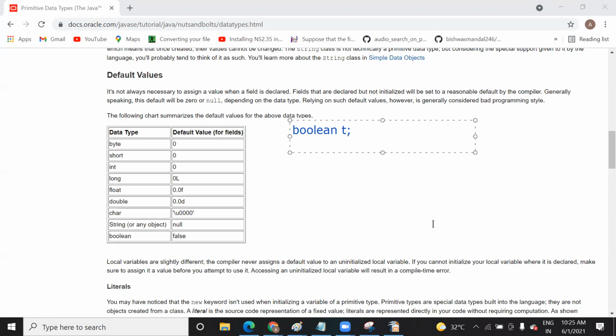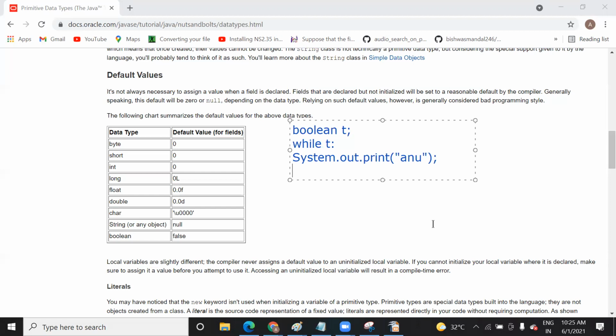I declare a variable like this and I have written while t, if while equal to t, then I will write System.out.print.